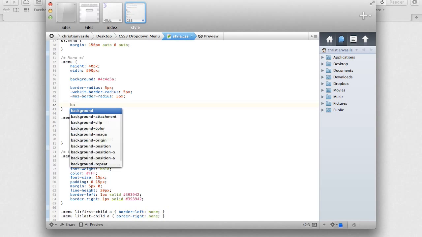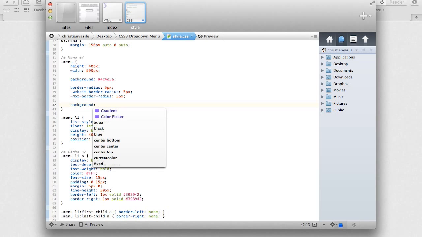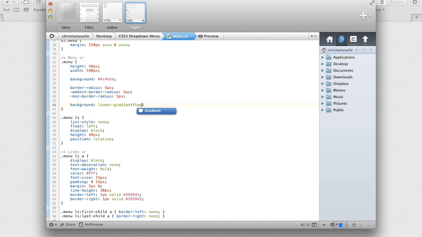So we want to work with the background, and we're going to use something called linear gradient, which is, as I told you, a CSS3 property, and it works in such a way that the gradient starts from the top, you give it a color, so this is the color that's going to be on top, and let's say